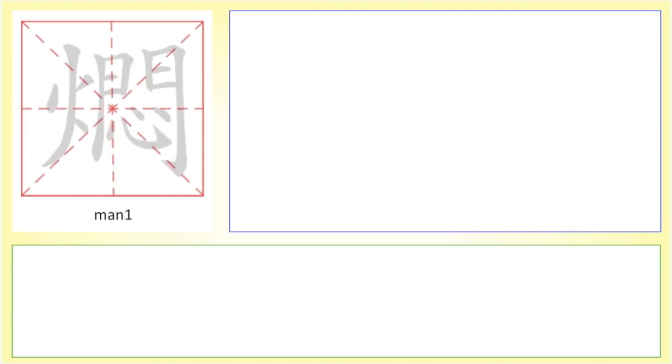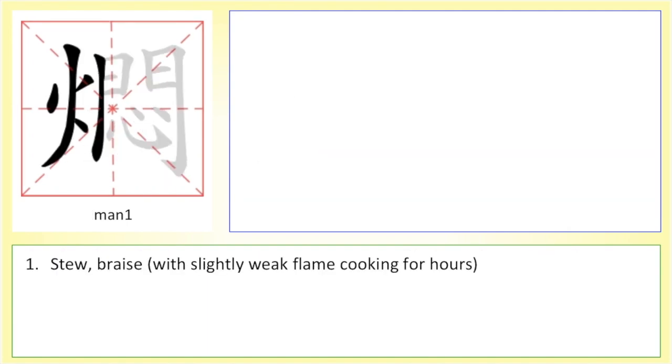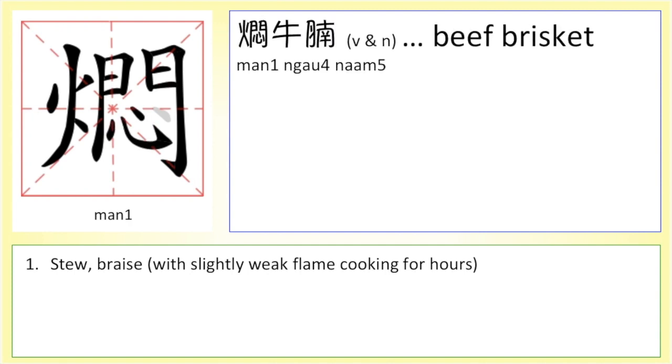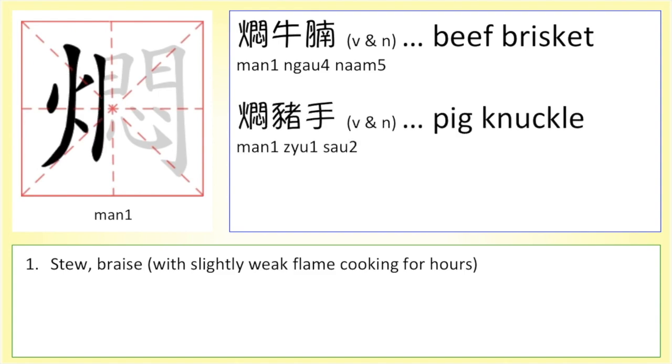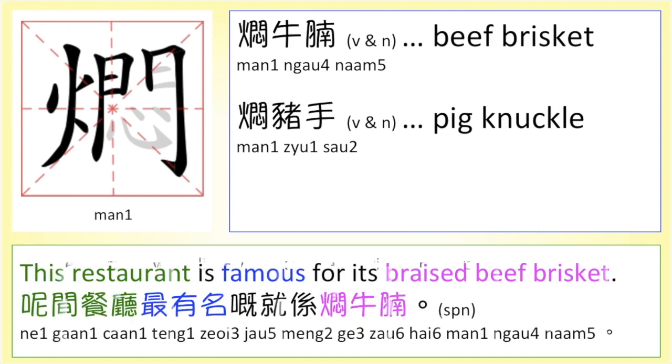Next is 燜, meaning stew, braise, with slightly weak flame cooking for hours. For example, 燜牛腩，燜豬手，呢間餐廳最有名嘅就係燜牛腩。